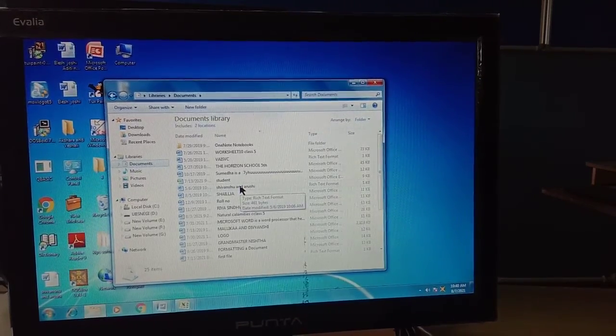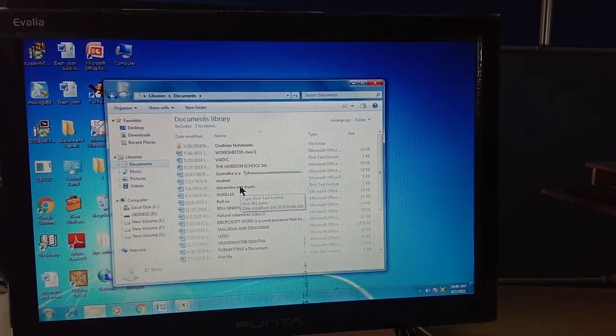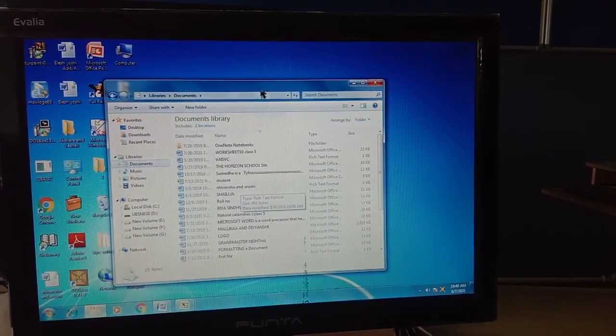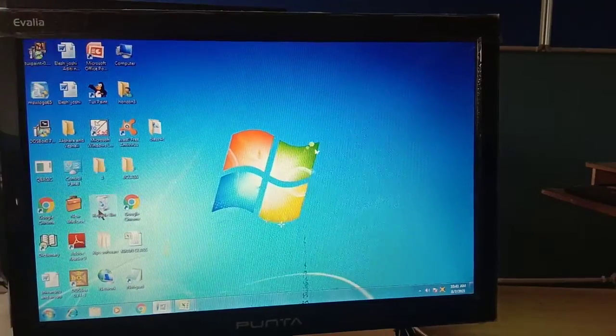So let's learn about the recycle bin also. One recycle bin application is present on each and every desktop.